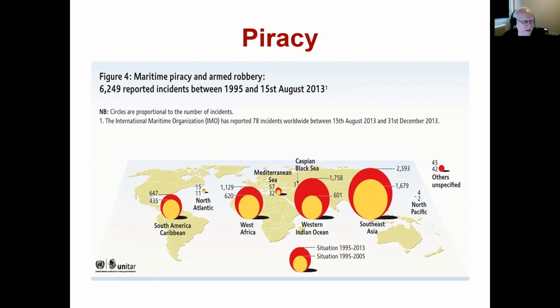Oftentimes it'd be defending the waters near your home, but also, for example, in the Western Indian Ocean, many Western countries, including Canada, contributed ships to defending the sea lanes there because the problem was growing too rapidly. Too many ships were being seized, and the countries in the region didn't have the capacity to patrol the sea lanes. So other countries sent a coalition of ships to defend the sea lanes in the region. So this is certainly still an important portion of naval activity.